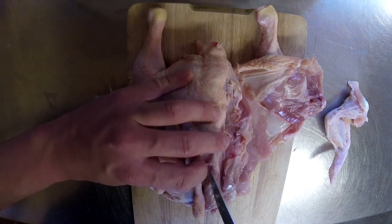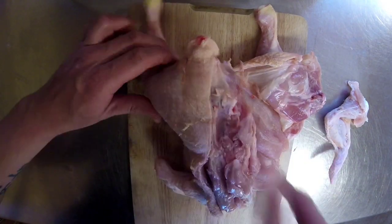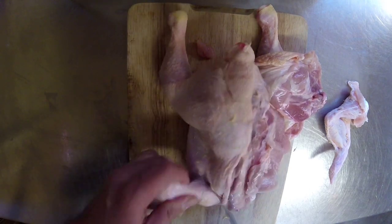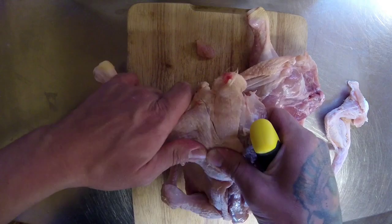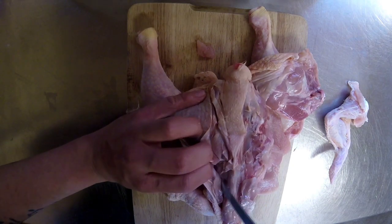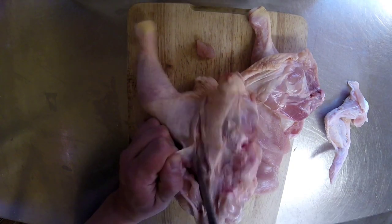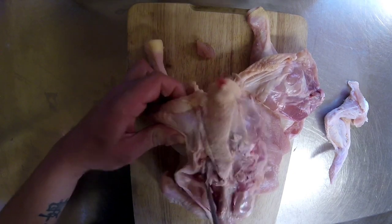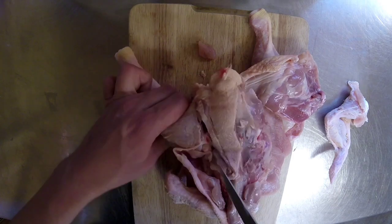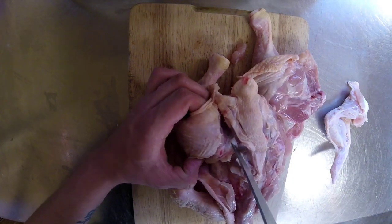So just following that backbone down, and then you have the top of the thigh just like that, and work this down. Pop that out. It can be fiddly, but like I said, if you just practice with it, take your time, you'll be able to do this in no time. I'm trying to take it slow so you can see, but also at the same time not spend ages on it. So there you pop the joint, feel for the joint, tip of the knife in, out,